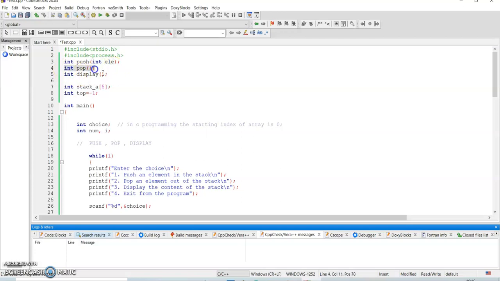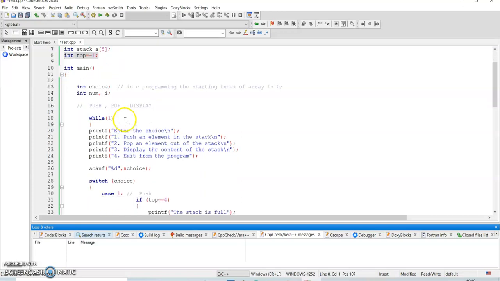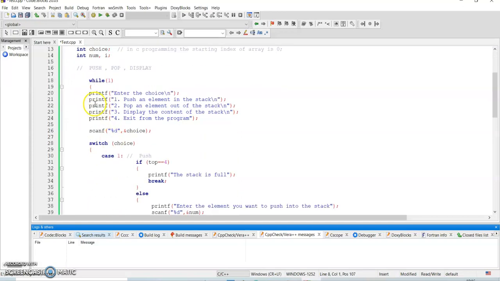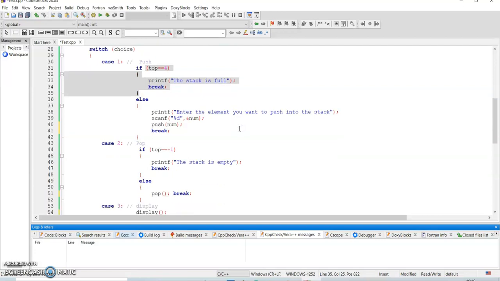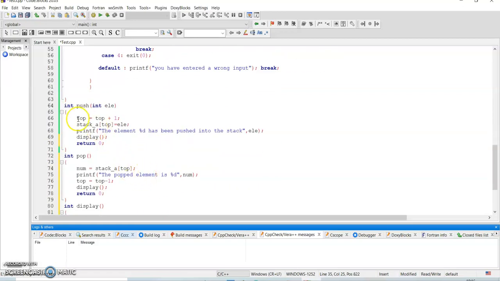Then we have a pop function, and then we have a display function. I have globally declared the stack. I have globally declared the top equal to -1. Okay, and then same way choice, we have entered this while loop so that the choice will keep on going. So first I check whether the stack is full or not. If it is full, I display, else I ask the user to give the number and I push the number